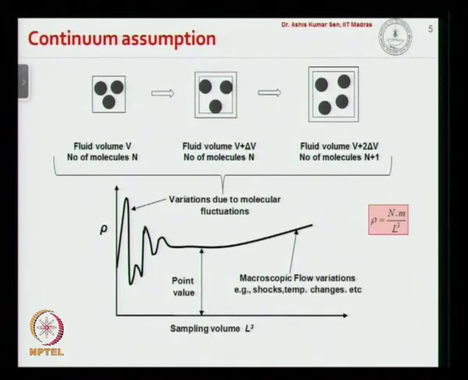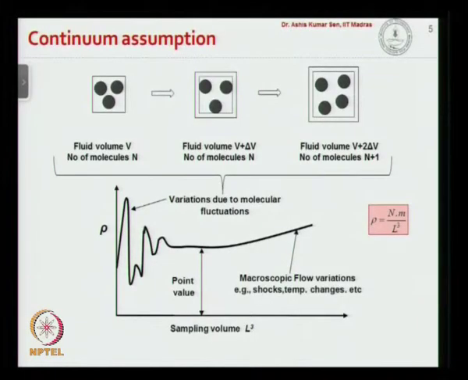This is because when the sample volume is very small, let us say of the order of picoliter, when you talk about a cube of size of the order of micron or nanometer,